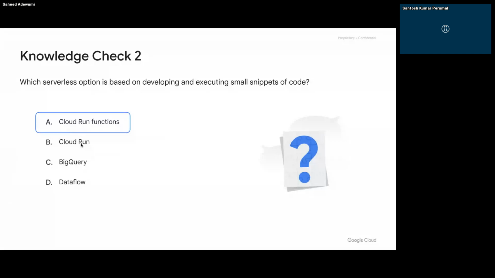In some scenarios, you can pick Cloud Run, but because of the small snippet of code, you can go for Cloud Functions. And also Cloud Run is a serverless option too, but because of the small snippet of code. So I think we are at the end of